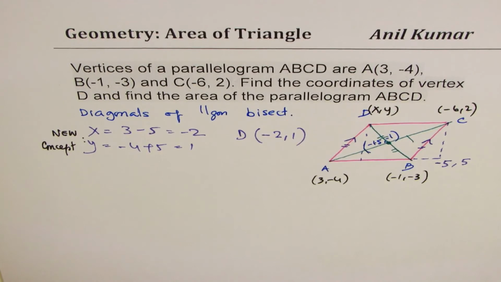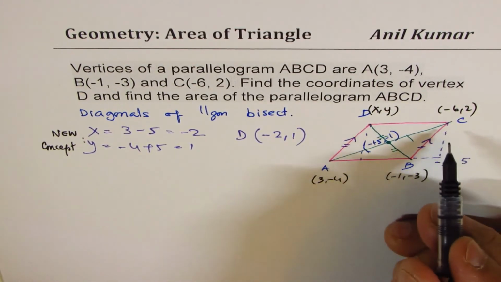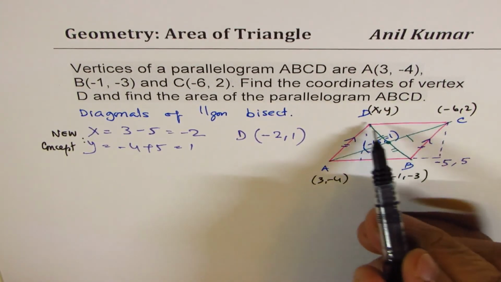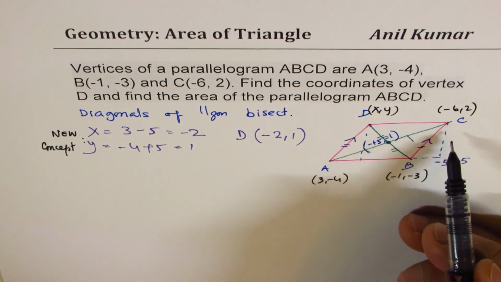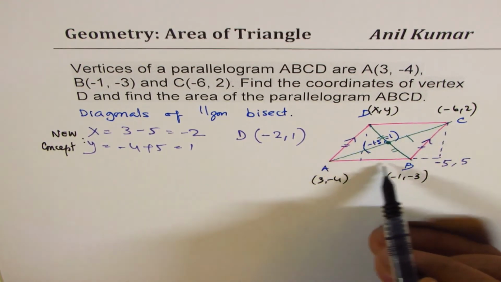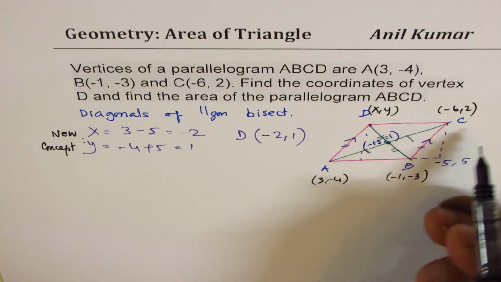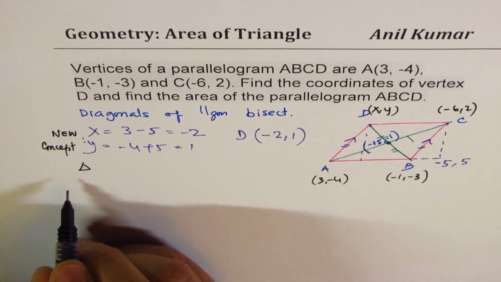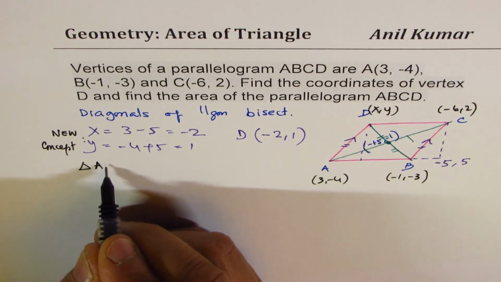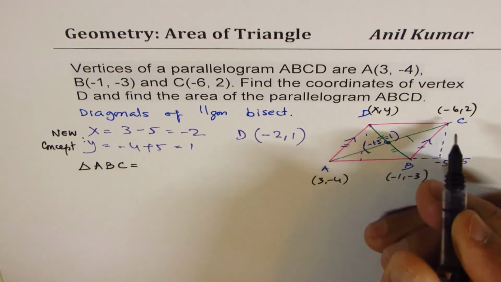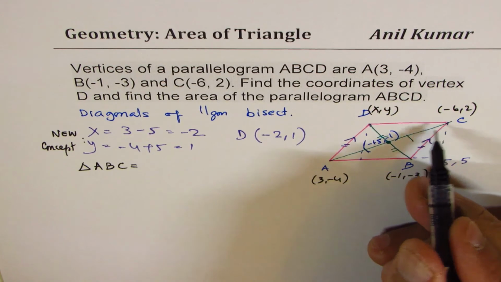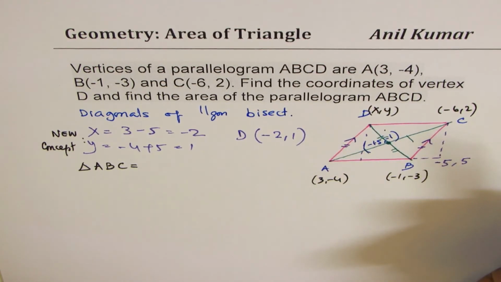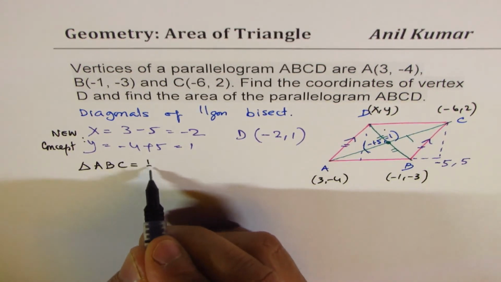Important. Now finding area, as we did. Now in parallelogram, these two areas are also equal. So what you could do is you could just find area of one triangle and twice it. So that you could do. So basically you can find area of triangle ABC, correct? And that has to be same as the area of the other triangle from the similarity, and you're done. So it is half of